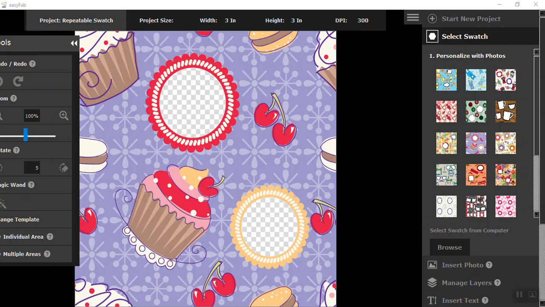We're going to start taking a look at our repeatable swatches, and the first one we're going to look at is personalizing with photos. Now, several years ago with Fabric Studio, I happened to be playing around with designs, and